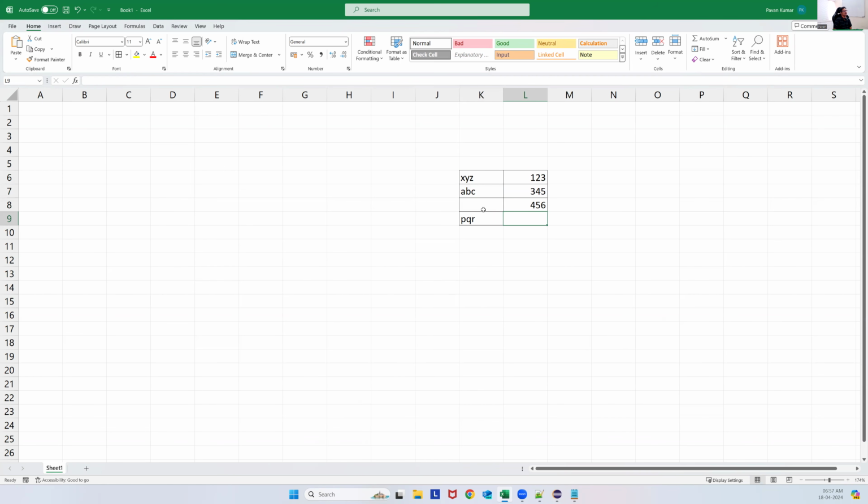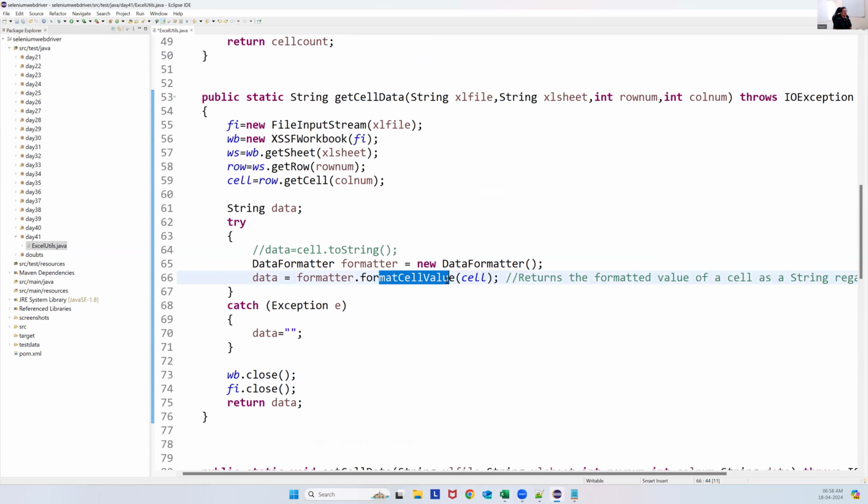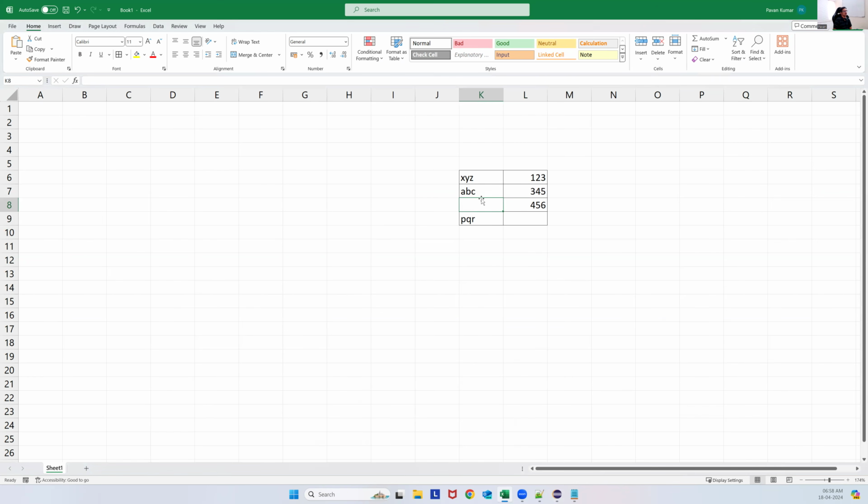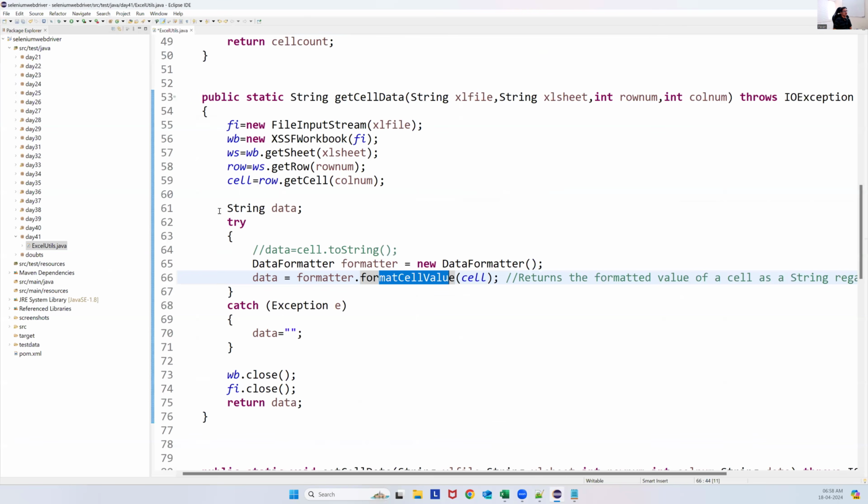So at the time of reading data from the empty cells, it will throw an exception, data not found exception. If data is not available in this particular cell, and we still try to read the data by using toString or by using format cell value, anything, it will throw some exception. But sometimes the data may be present, sometimes it may not be present. Chances are there. So to avoid that particular exception, what you can do is take a string variable